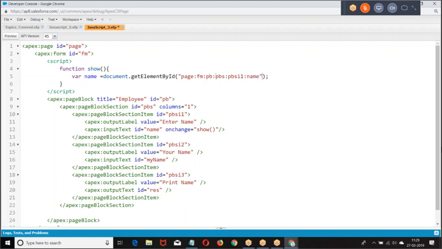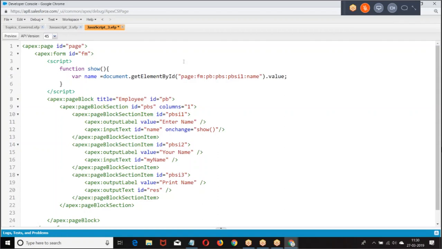What did I give? I gave the complete path, right? In the page block section item I have a name. Complete path I give, dot.